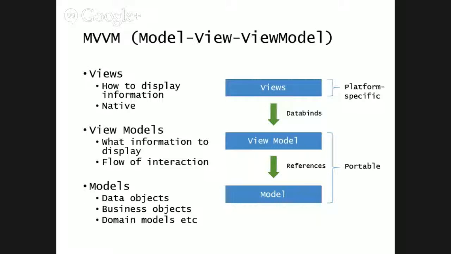Really, as a view model, it's independent of the view. Where code behinds in ASP.NET were these things that inherited from a page, and you couldn't really separate them out from the front end. View models can hold a lot of your interaction and coordination logic, from what happens on the screen to what happens behind the scenes. So my view data binds to my view model, and my view model references any kind of models behind the scenes. With portable class libraries, what this allows me to do is build my views to be platform specific,